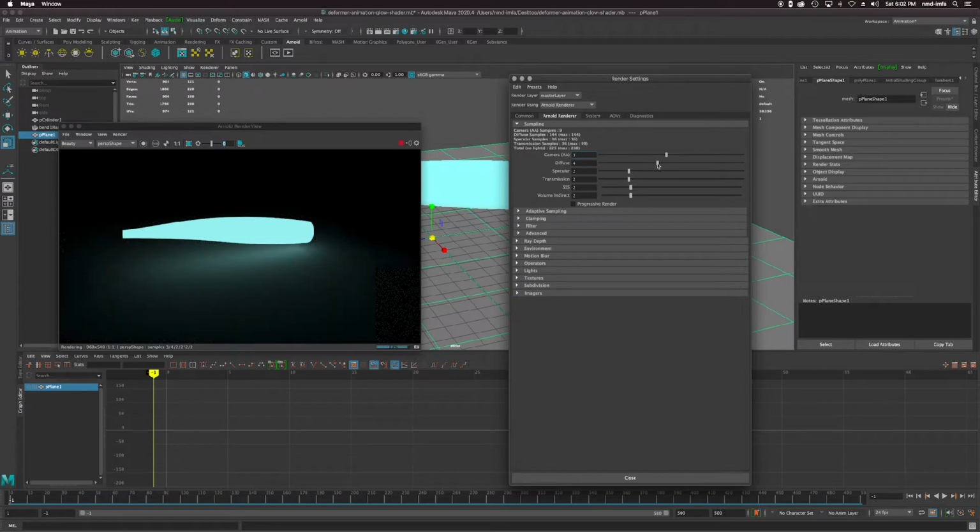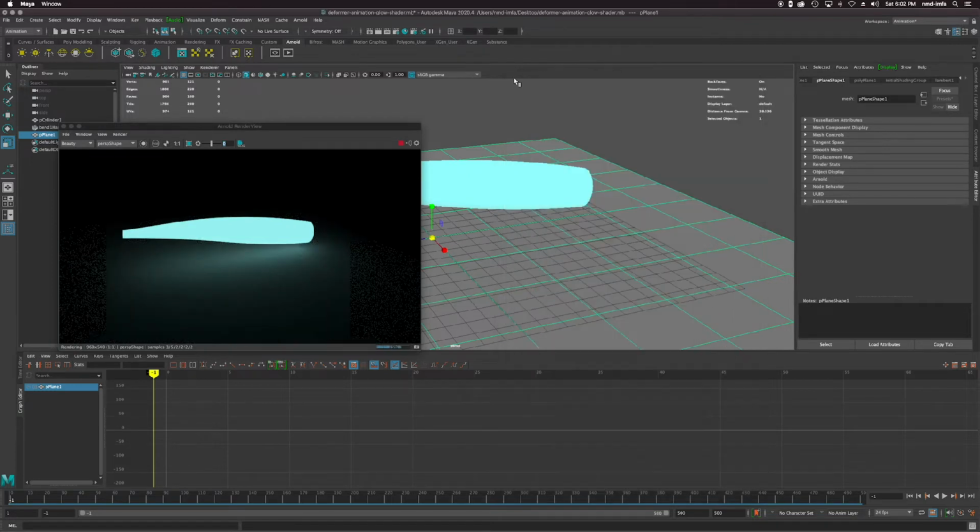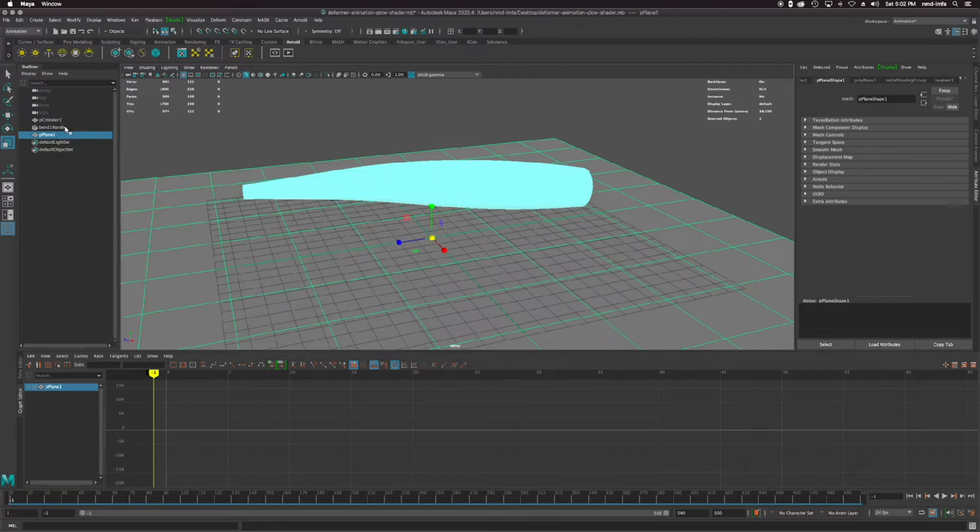Maybe I go to a 5, just to bring it up a little bit, okay? Cool. And if we want to, we could animate that as well, right? We can go ahead and close that window. I can save. And if I want to, I can get back over here, click on my object,